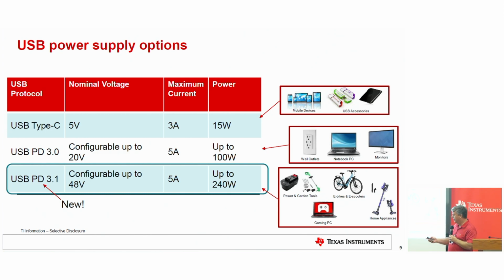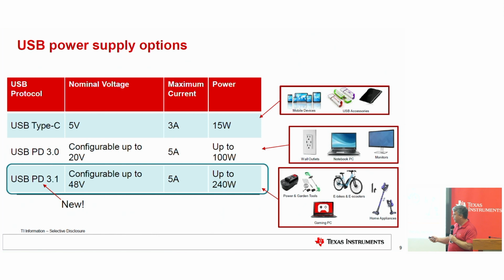And again, the current level is up to 3 amp. It's negotiated by a pull-up that's programmable in the device on the host side. So on the CC line, the host side has a pull-up resistor that you program, and then the device side has a fixed 5.1K pull-down resistor. That voltage divider between the two dictates what the current level is going to be, and both sides can read that and agree on that current level. Again, 500, 900 milliamp, 1.5 amp, and up to 3 amp.